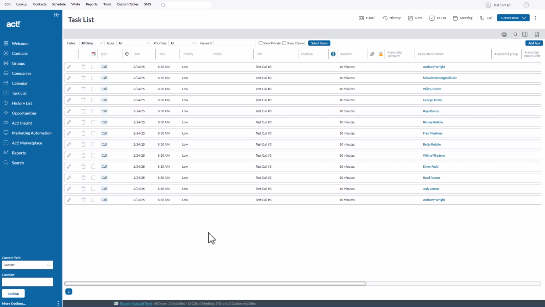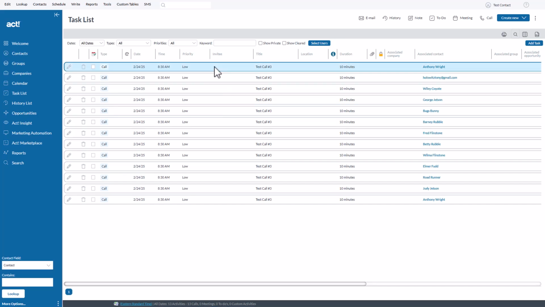Okay, so in a few other tutorials I talked about deleting things on your task list. And in this tutorial I want to talk to you about the difference between deleting things and marking them as having been completed. So I'm going to click on the first contact here and you'll see the contact is Anthony